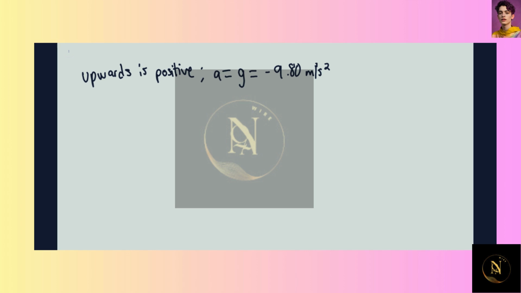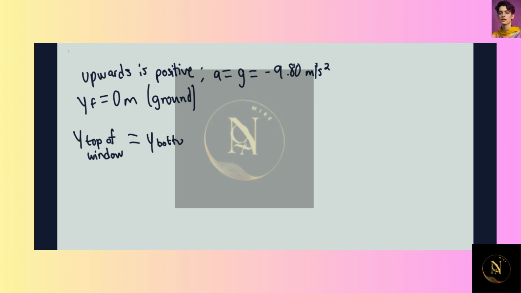If this is the case, we can choose the ground to be y final equals 0 meters. That would be the ground. We need to get an intermediate result in order to solve for the velocity at launch. So we can say that the y position of the top of the window would be equal to the y position at the bottom of the window